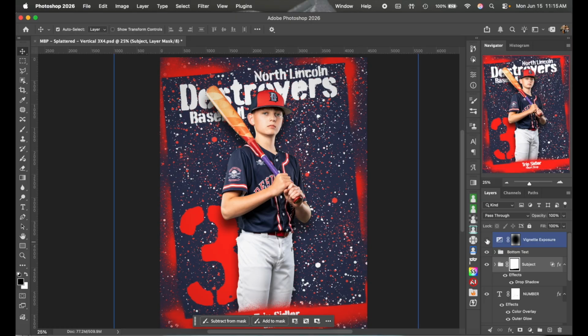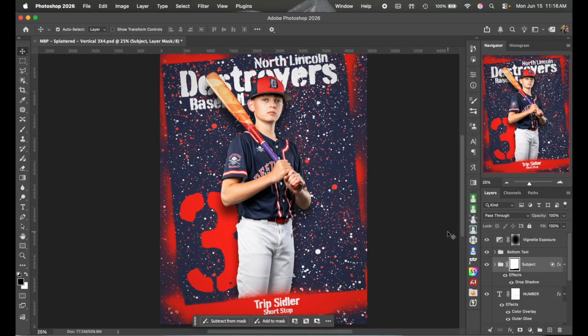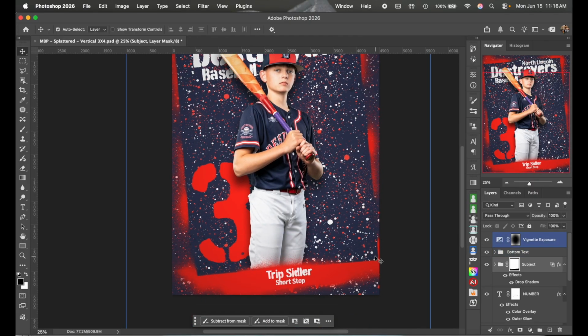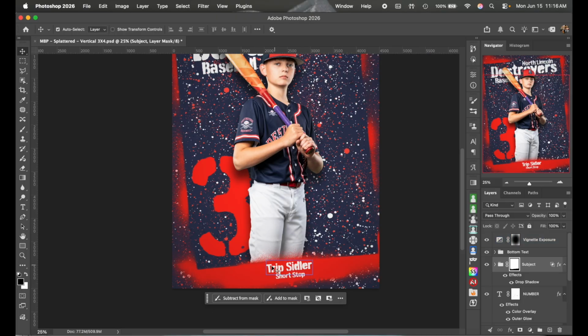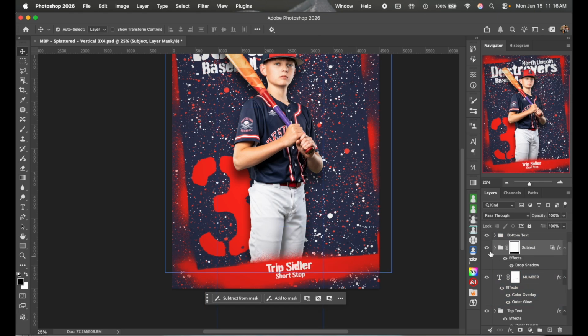But first, here we just have the vignette layer. We have the bottom text, which consists of just the name, and you can put a position or a class here, and then just a little ink splatter back here. I will fix this before I release it. I just noticed that mask got shifted a little. Then we have the subject